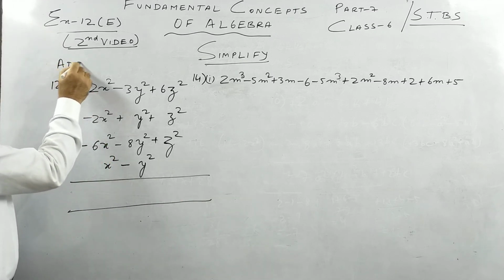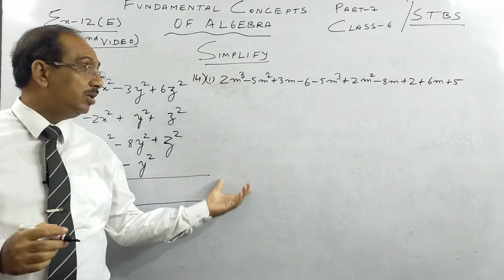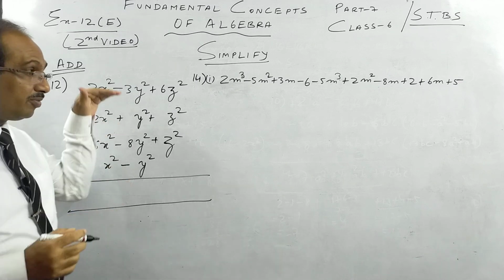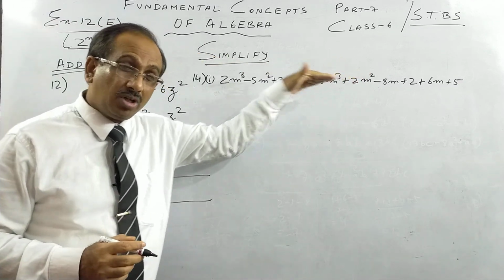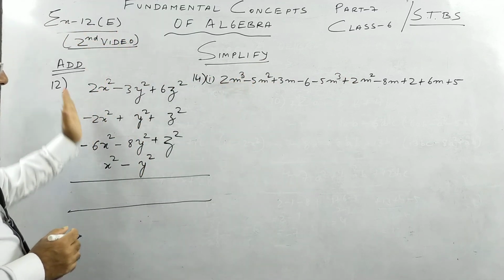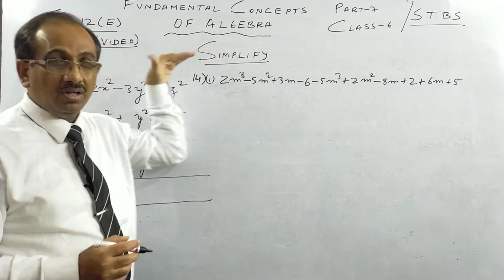Remember, this question is addition, and 14 part 1 and 3, which I will do, are your simplify. And this is what we call a row operation. So remember, this is a row operation. What I'll do, I'll show you. This is a column operation. So a column is generally vertical and a row is always horizontal, what we call horizontal.